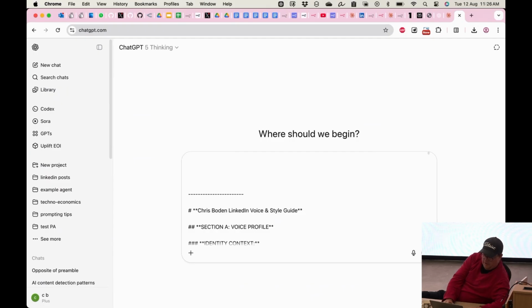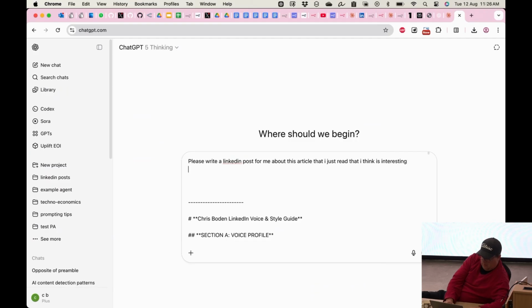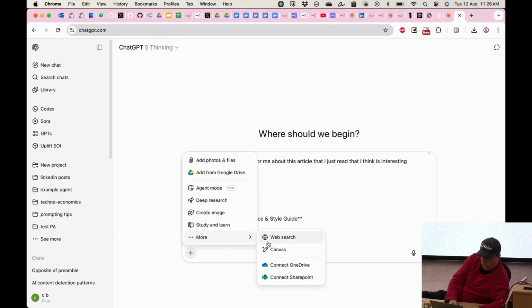And above that, I'm going to say, please write a LinkedIn post for me about this article that I just read that I think is interesting. Okay, very basic. What I'm going to do is I'm going to toggle on web search here,